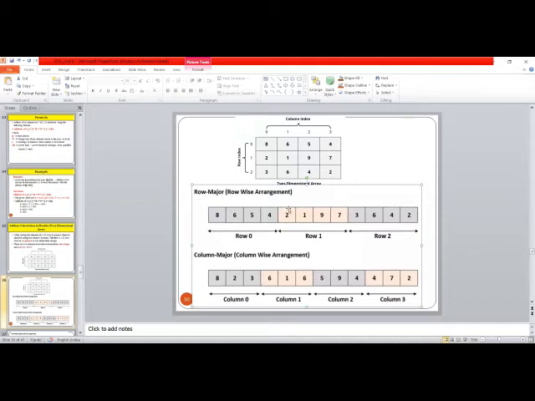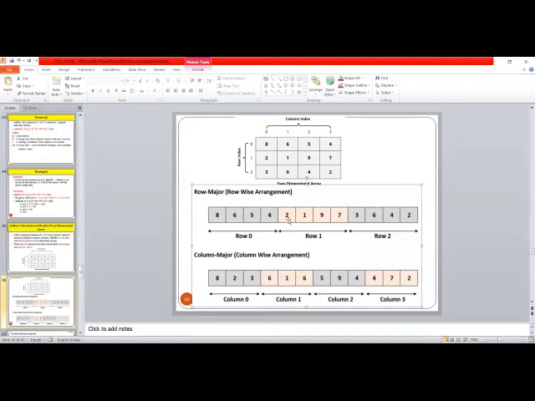So this is row major format, and column major format is, first of all, we will store the elements column wise, right? So 4 columns are there. In the 0th column, elements are 8, 2 and 3. So here we are storing 8, 2 and 3. Column number 1: 6, 1, 6. Column number 2: 5, 9, 4, and column number 3: 4, 7 and 2, likewise. So this is the column wise arrangement.